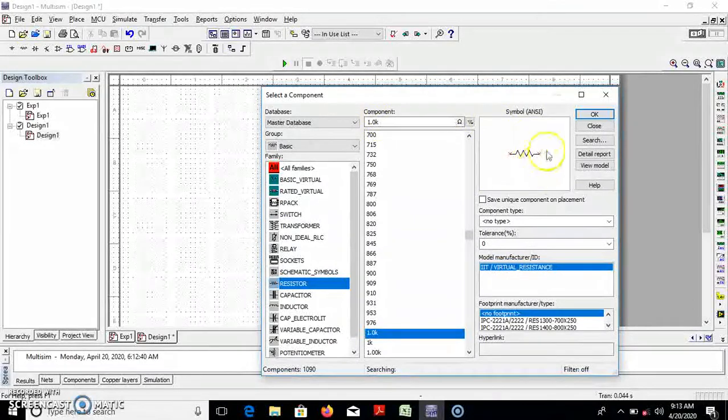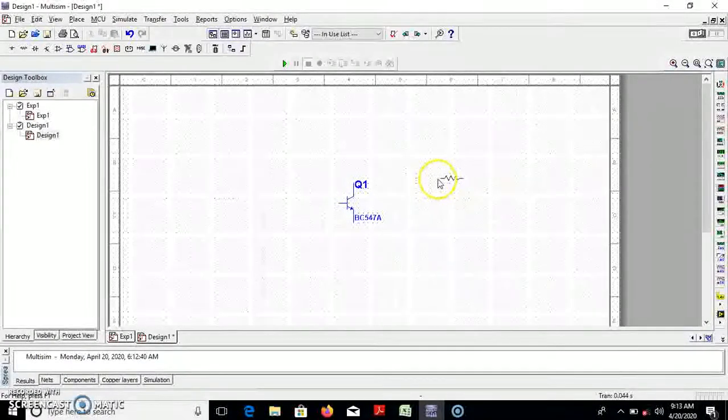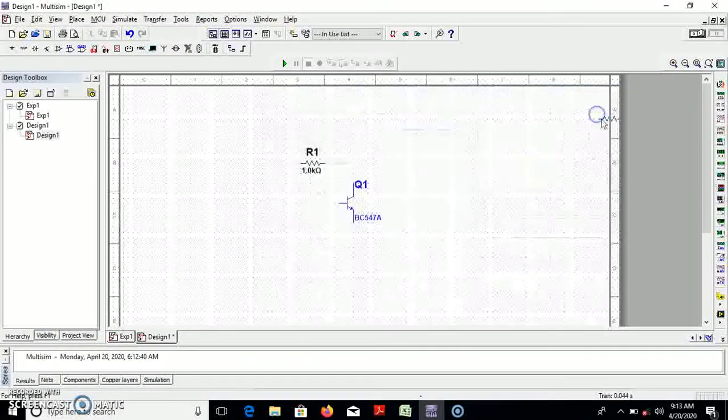So at right side in symbol you can find the resistor symbol and then press OK. Now you require to place this resistor at the appropriate place. Now in total I require 4 resistors: R1, R2, RC and RE. So place the R1 resistor over here. Place it. Once again it asks about this one. To place our resistor component, don't select a different value of R over here. Later on you can change this value of R. So once again you press OK.